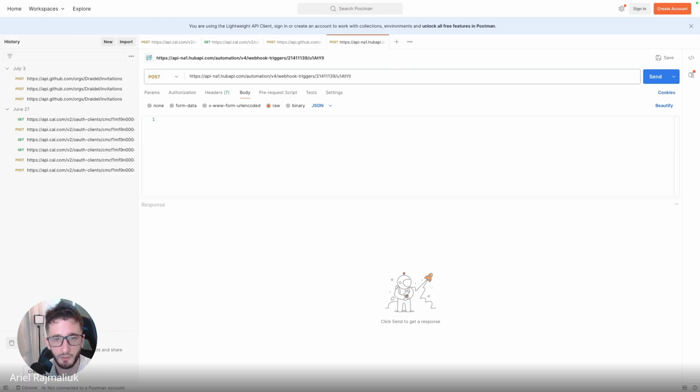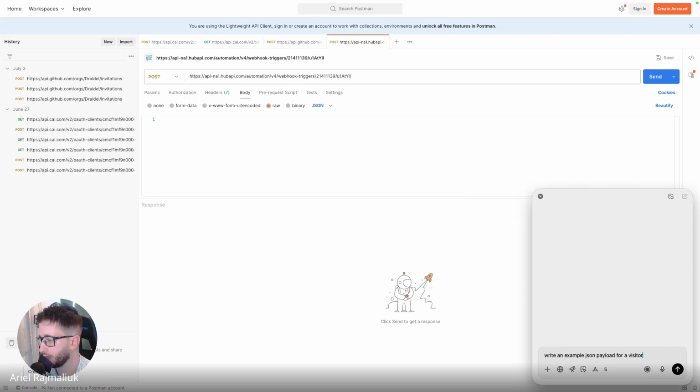Let me use ChatGPT and let's write: write an example JSON payload for a visitor, for when a visitor walks into a store. You can use fake names and stuff. Keep it simple.